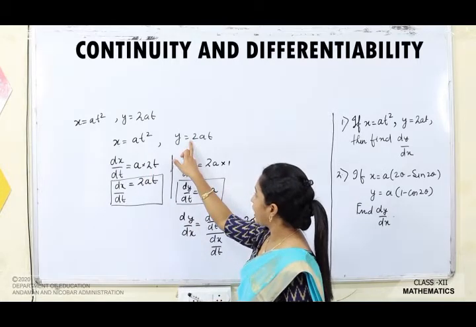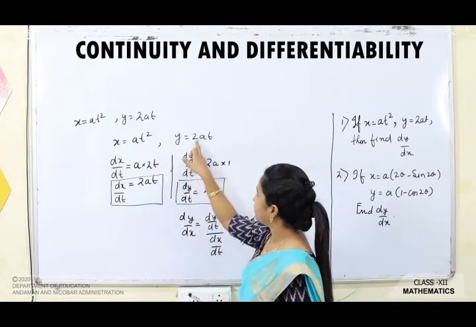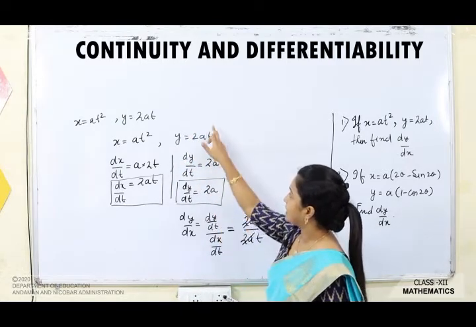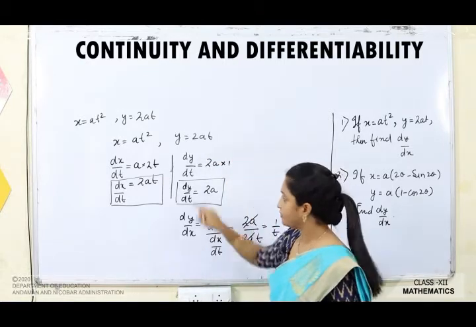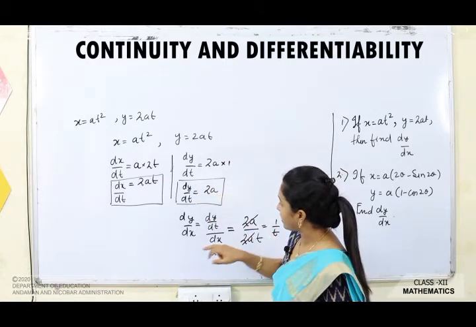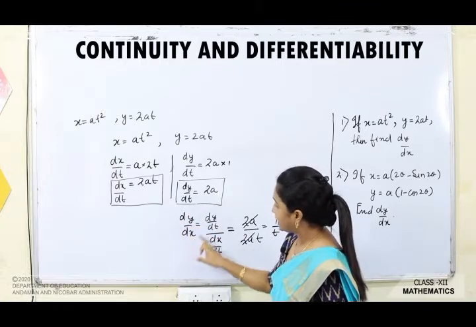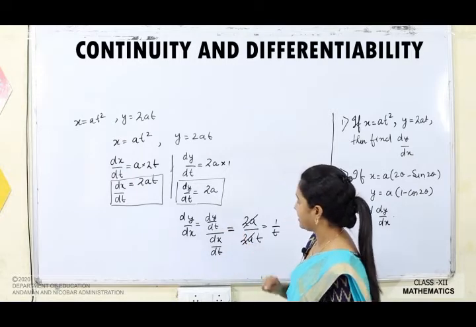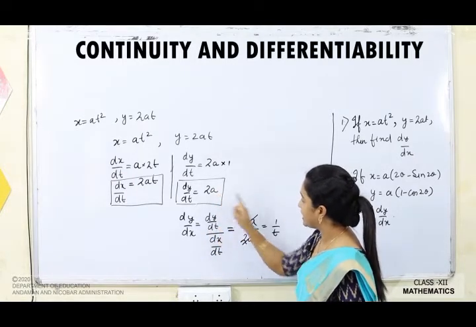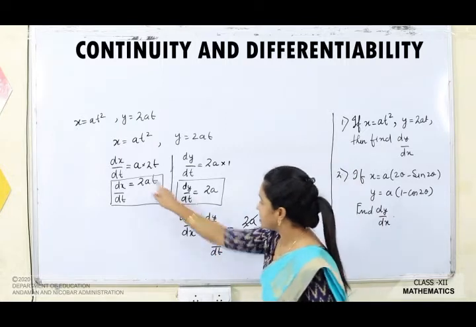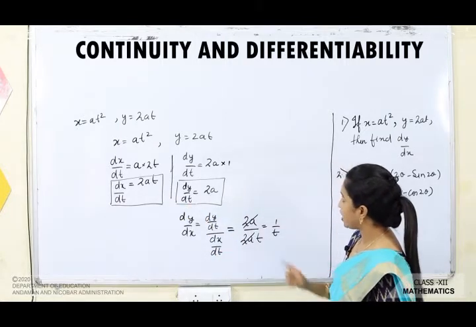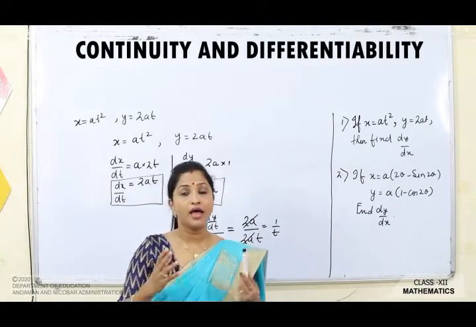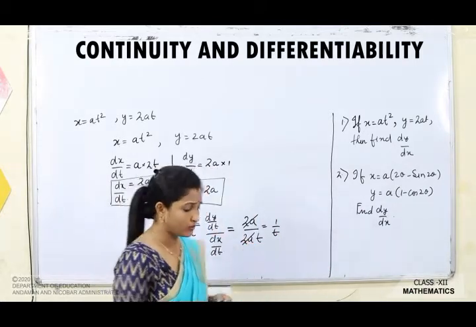You have to differentiate y with respect to t, so dy by dt is equal to 2at, 2a is constant, so you will keep it like this 2a, and t when you differentiate you are going to get 1. So dy by dt is equal to 2a, and dy by dx can be written as dy by dt by dx by dt. Substitute the value of dy by dt as 2a and dx by dt as 2at. 2a gets cancelled out and you are going to get the answer as 1 by t. So this is the method of solving the parametric form. We will see one more question here.